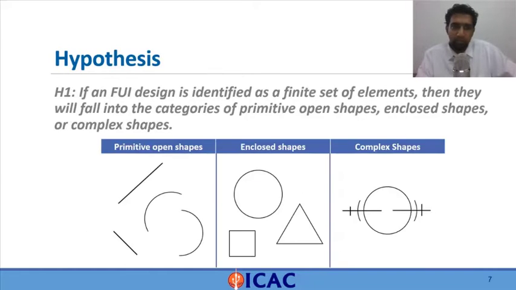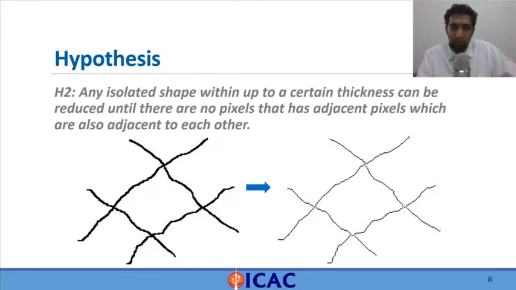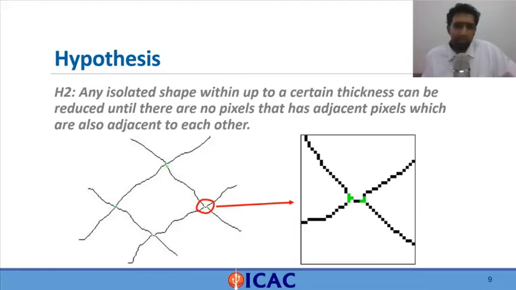Hypothesis 2 is that whatever shape you identified here can be reduced to find the skeleton of it, with some very important properties. If you look at the black pixels, each and every pixel has adjacent pixels, but those adjacent pixels are not adjacent to each other. But these green pixels, if you consider this pixel, it has three adjacent pixels, but they're adjacent to each other. So these green pixels are actually potential